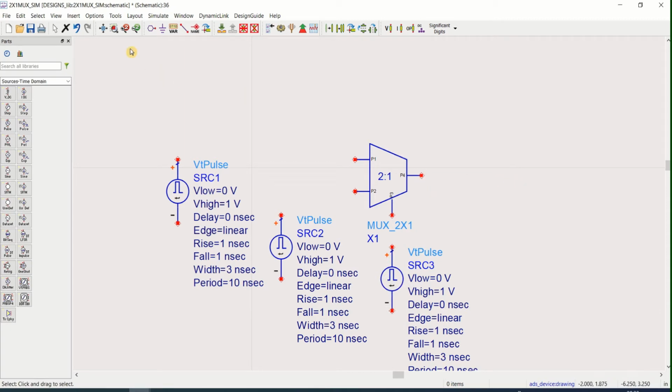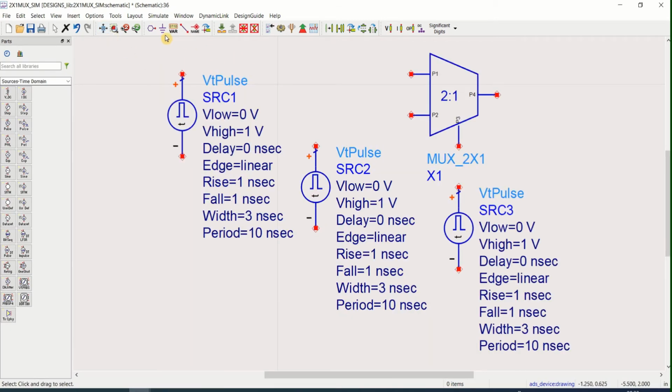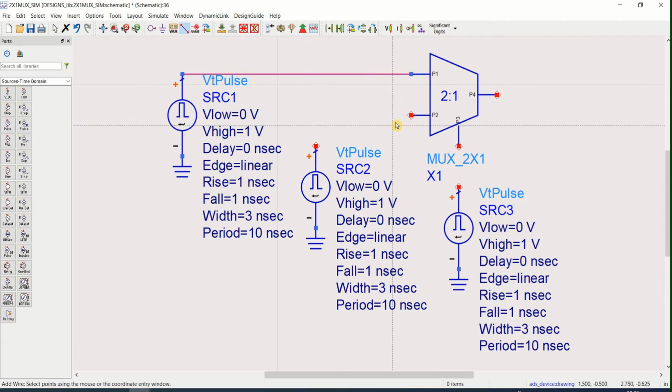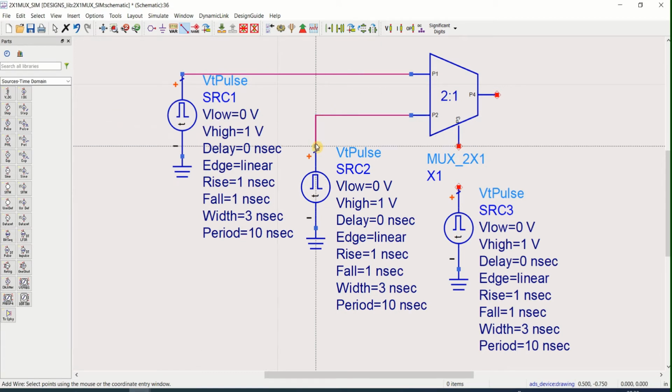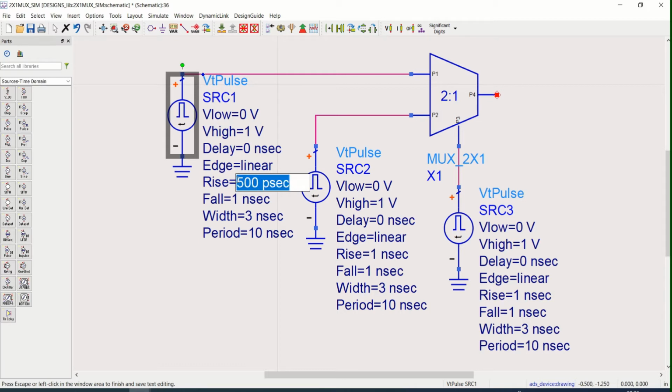And this is the output of it. Make the required connections. Change the values to 500 picoseconds for all of this, for rise time and fall time of all of this.